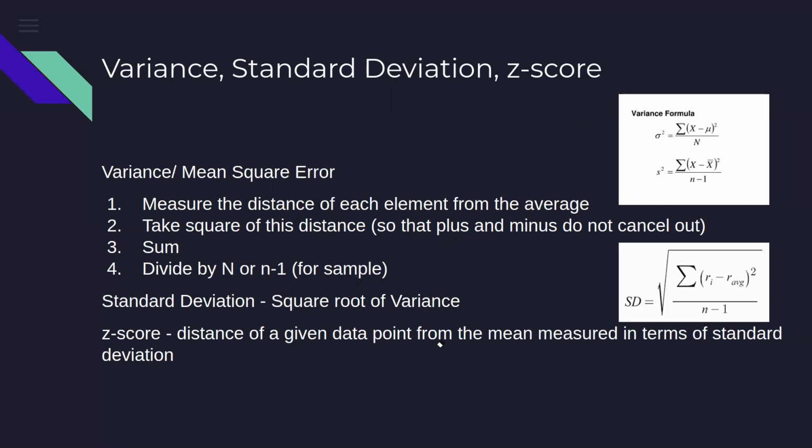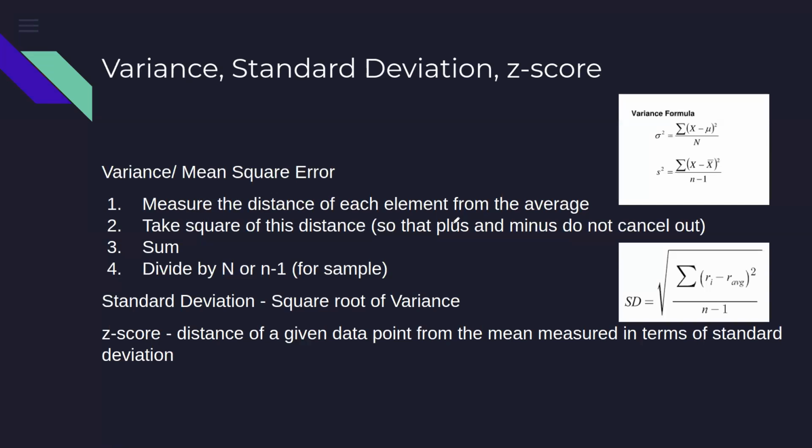Now, in the process of quantification, of how far away my data is spread compared to the average, the first thing we do is measure the distance, that is, how far away my data points are compared to the average. We find that simply by finding the difference between the average and the data points. If my average was 30 minutes, and on some given day I reach at 27, one day I reach at 25 minutes, another day 23 minutes.